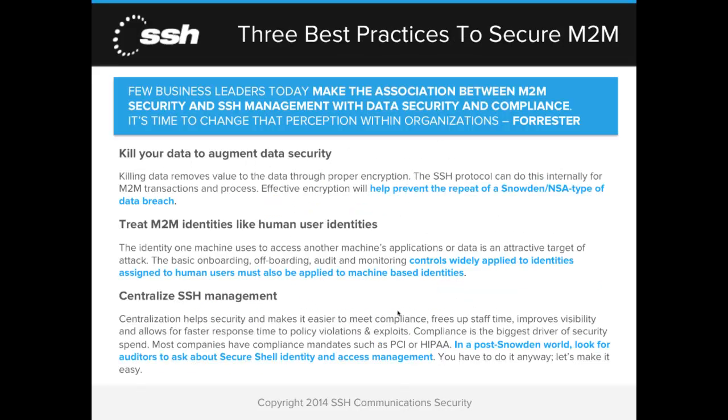From our Forrester report, there's basically three best practices, and you can read more in detail about these, but basically: encrypt, meaning kill your data to augment security. You need to encrypt everything. That means that encryption protocols like SSH and SFTP are more important than ever, but they also need to be managed. Remember to treat your M2M identities like human user identities.